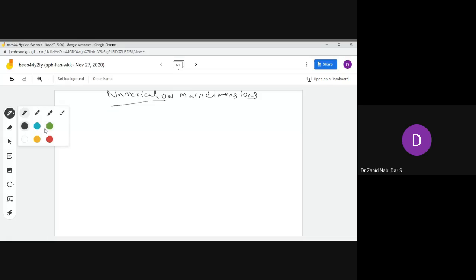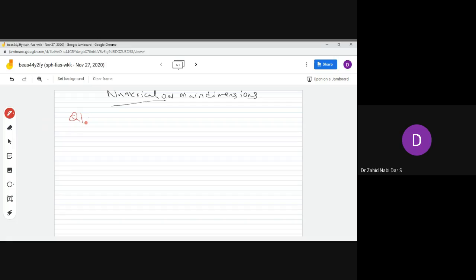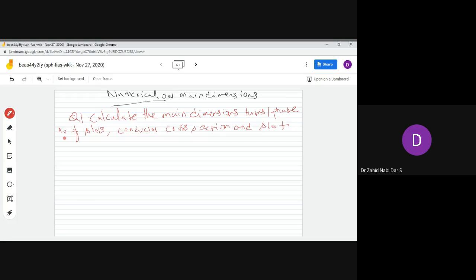So we have: calculate the main dimensions, turns per phase, number of slots, conductor cross section, that is the cross sectional area, and slot area